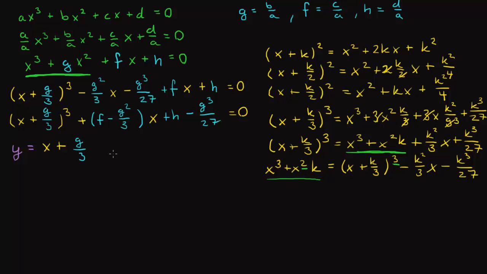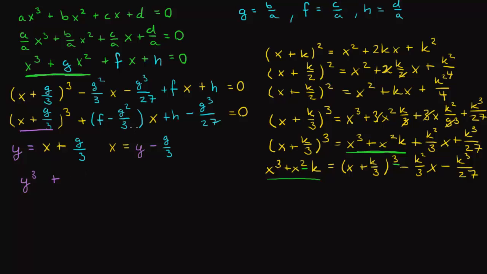And what would that mean for our x? We can just solve this for x. So what we get is y minus g over 3. So now let's make this substitution, right? This here is going to be y. We defined y as being this, so we get y to the third